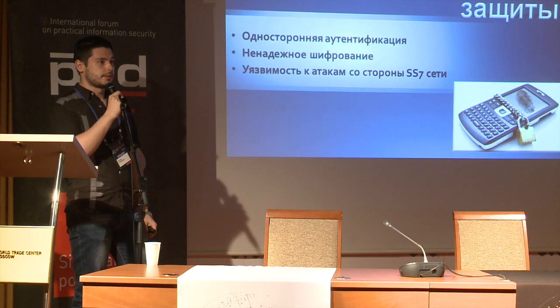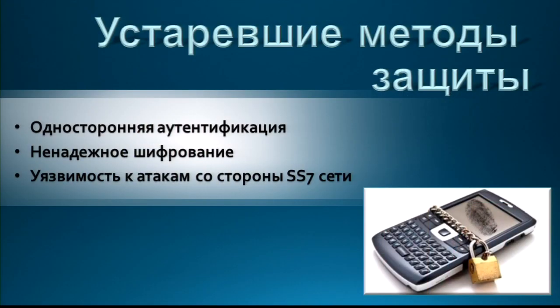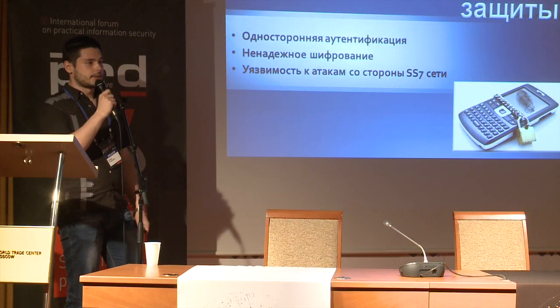And the main problems with its security. I made 3 examples which are the most vulnerable ones: one-side authentication, unreliable coding, and vulnerability from the side of the SS7 network. One-side authentication, what does it mean? It means that